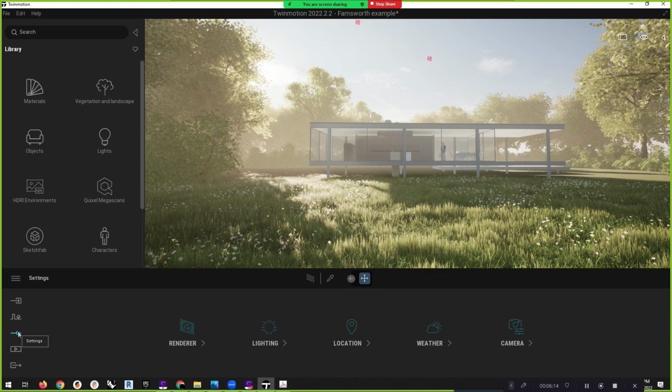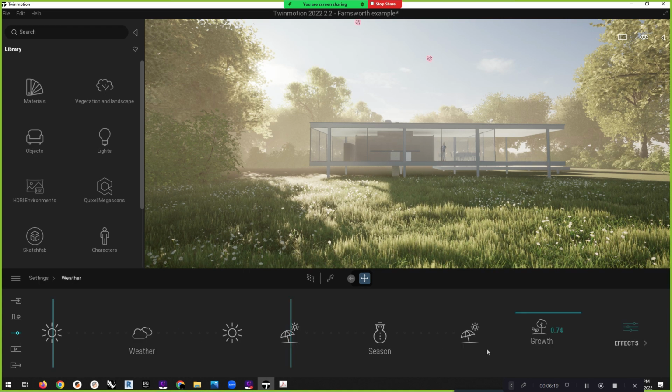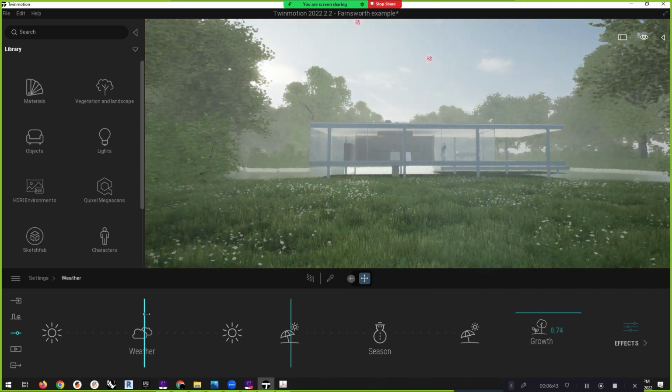But I do want to go into how I got those settings. So I came in here to weather, which is a really cool tool. This is a great way to kind of adjust your scene. I think I might be going over some stuff that some of you probably have already played with. At least I noticed a couple of you in your scenes. Anyway, I'm just going to reiterate this in case you haven't played with it. Very simple tool to be able to slide this weather, and you can see now we're seeing kind of dynamic rain. Things are getting wet,